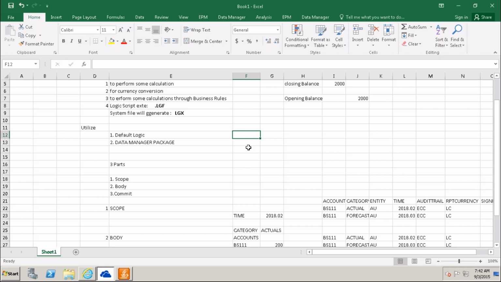Immediately after the actual data is loaded into BPC, the script logic will automatically trigger and write the actual value into the forecast value. That means the action is done immediately.